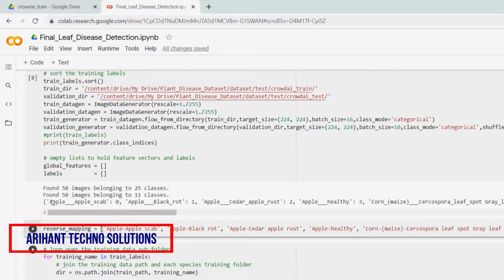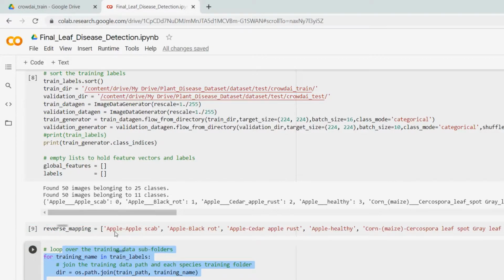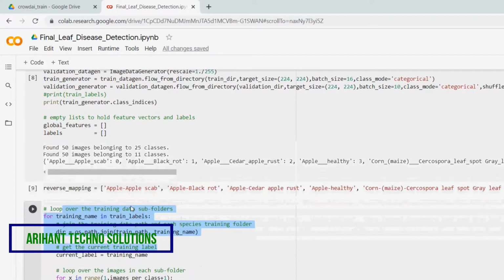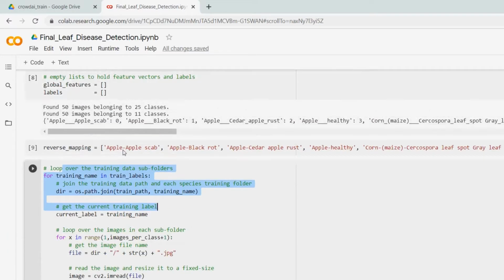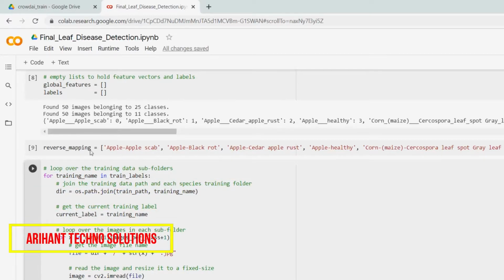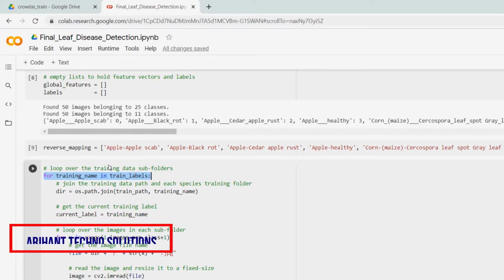Here is the training part: a loop with subfolders. Each and every image in the dataset is trained one by one. That's why I am using a for loop to get the training images one by one and train them. It will take some 3 to 4 minutes to process the entire loop. The whole program is time consuming, because I think 800 to 900 images are in the dataset for training. So this is the training work.